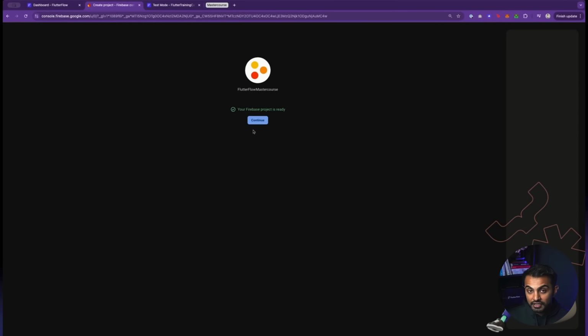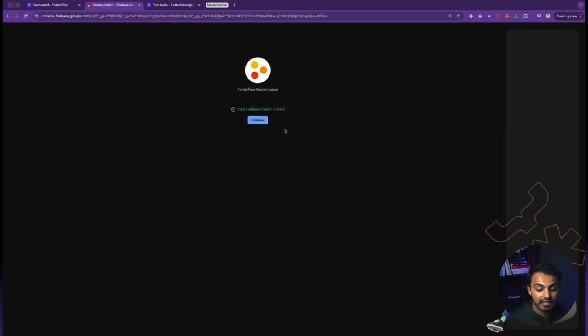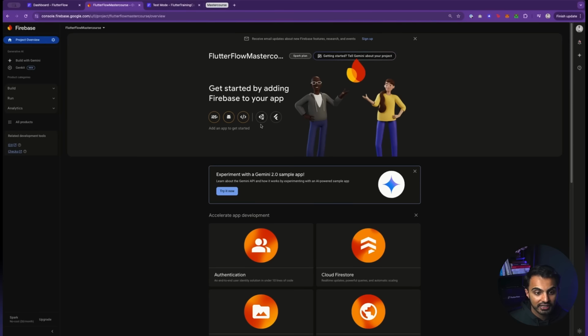And you need to understand that model, because when things go wrong in FlutterFlow, sometimes it's not FlutterFlow's fault. It's Firebase as well. And this is where the concept of understanding the decoupled nature of these platforms really starts to take shape. FlutterFlow and Firebase are two separate platforms, but FlutterFlow makes it easy for them to integrate with each other. So essentially what we're doing is creating the project at Firebase, and then we're going to manually integrate it into FlutterFlow.